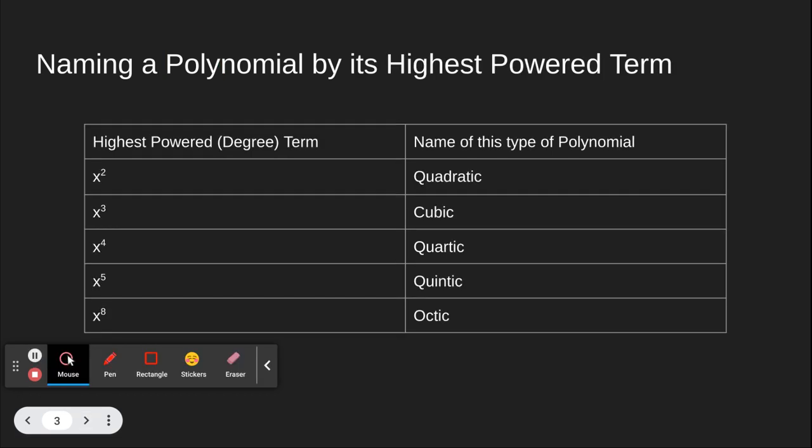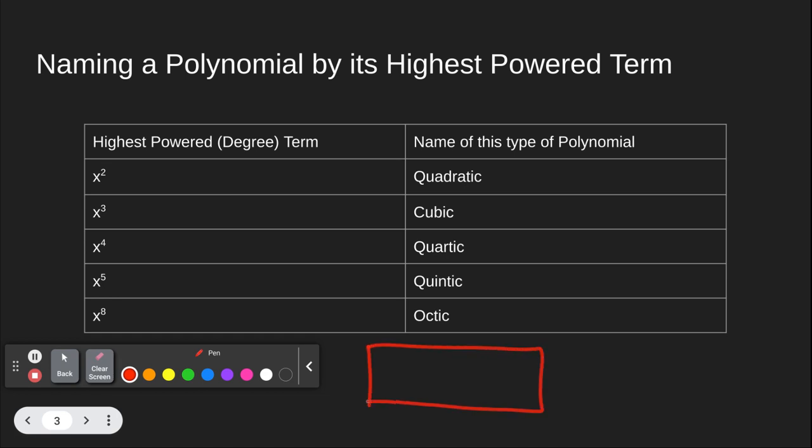Okay, what if we wanted to name these polynomials by their highest power? Okay, so if you have x squared, that is a quadratic. If you're wondering why it's a quadratic, it's because you could find the area of any unknown quadrilateral and it would produce a term that was an x squared. If that's not a good enough explanation for you, it's not really for me either, but there you go. Consider yourself disappointed. A cubic, that would like represent maybe the volume